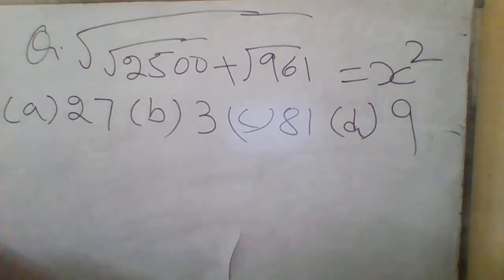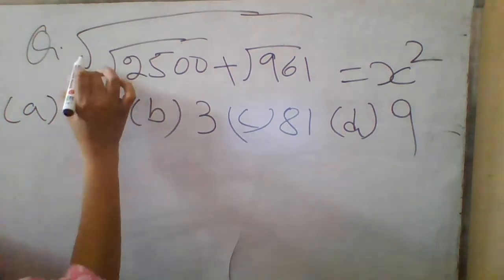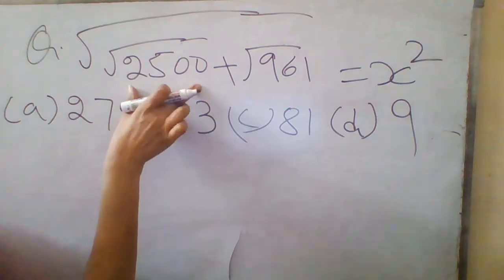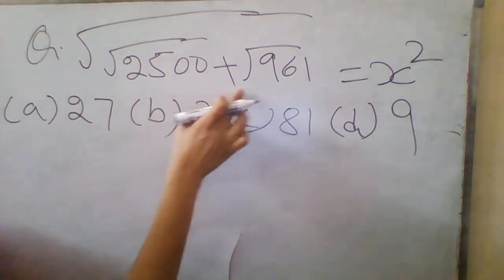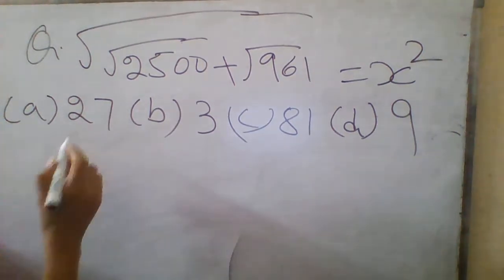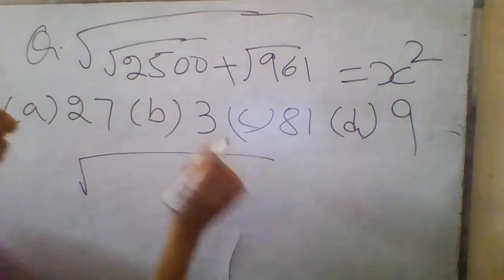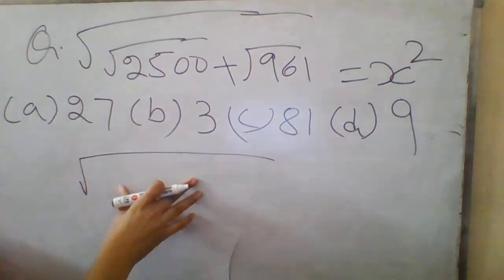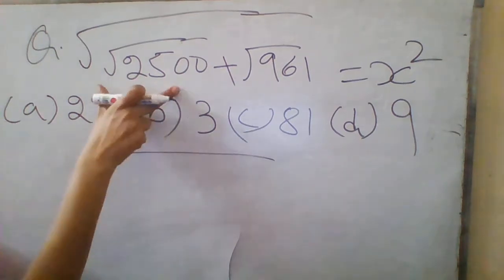Now see, again this is a very good question. This is not at all difficult. You will see this is under root here. Okay, under root of under root 2500 plus under root 961. This is so easy through the digital root method. Now see how we will solve it. First, this outside under root we will write down as it is. Now if you find out the under root of